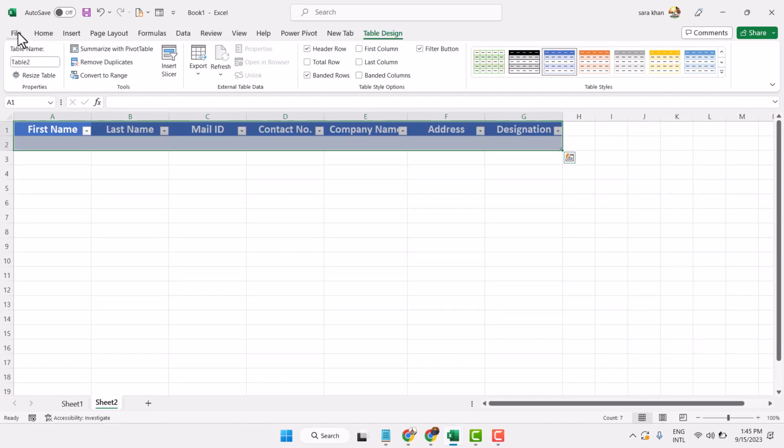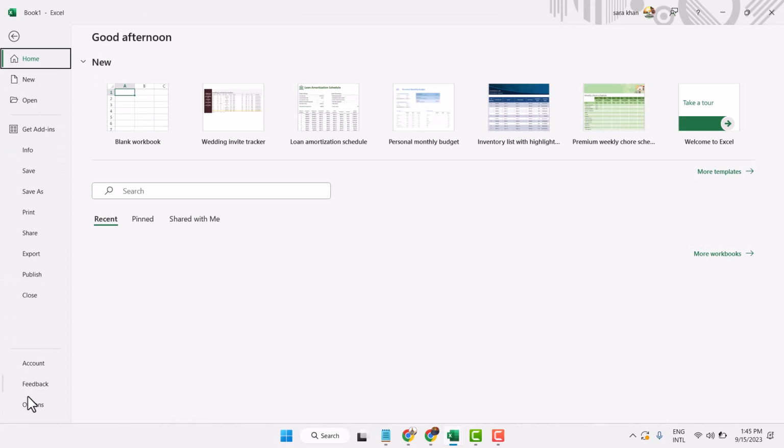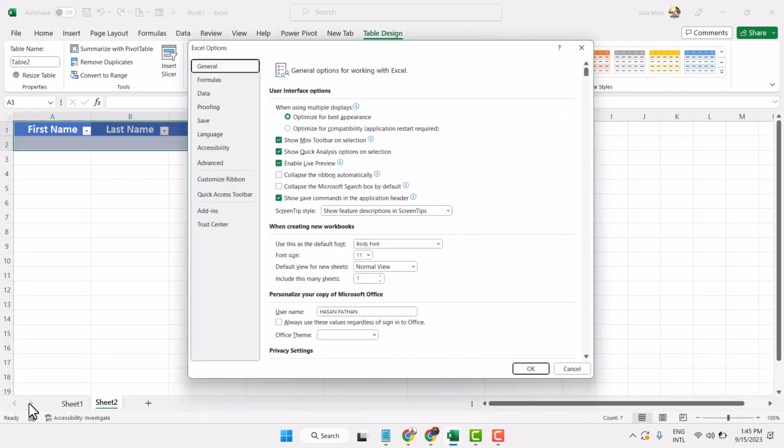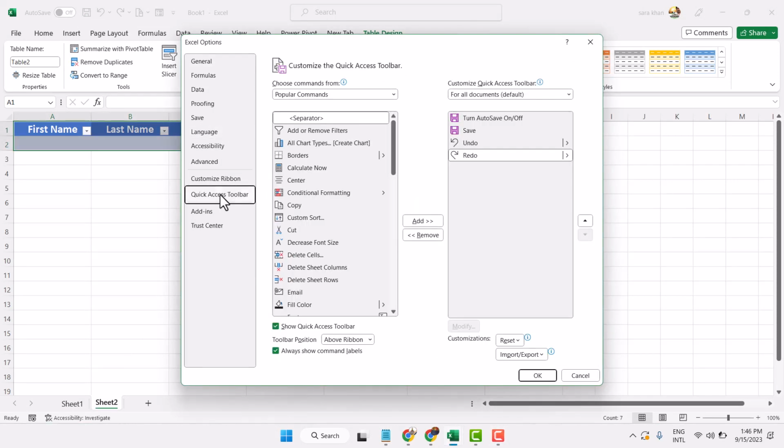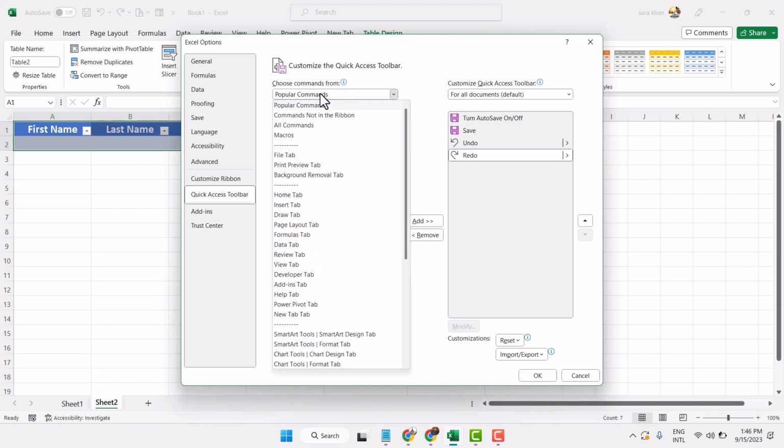Now click on File, Options, and here select Quick Access Toolbar, and here select Commands Not in the Ribbon,